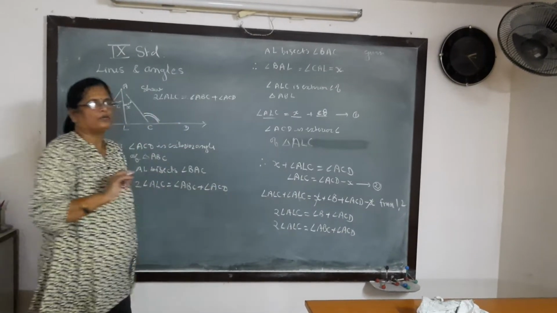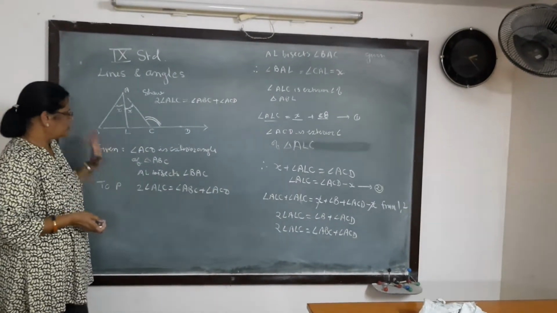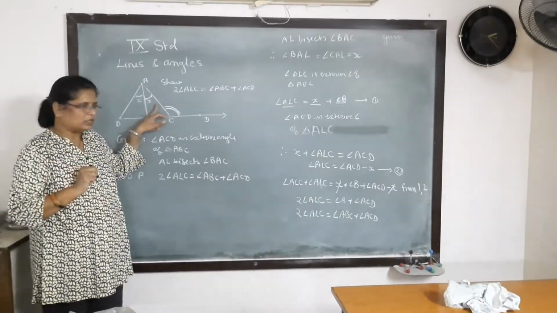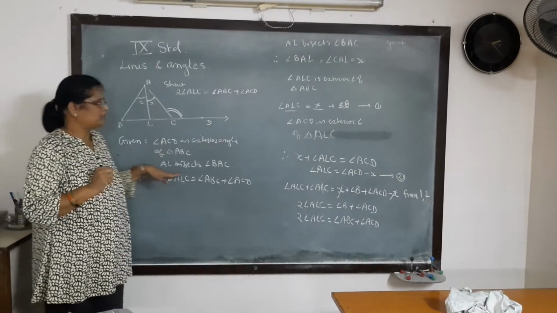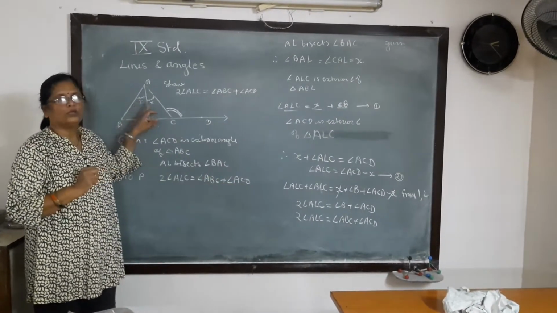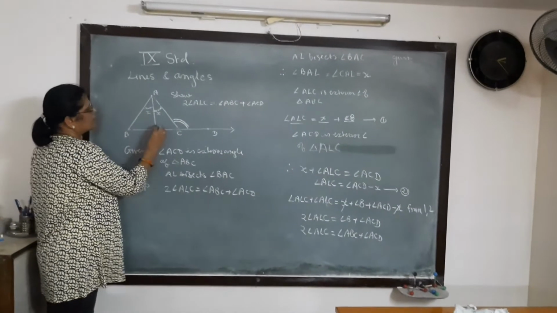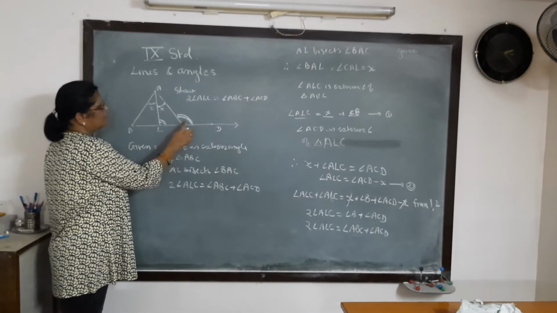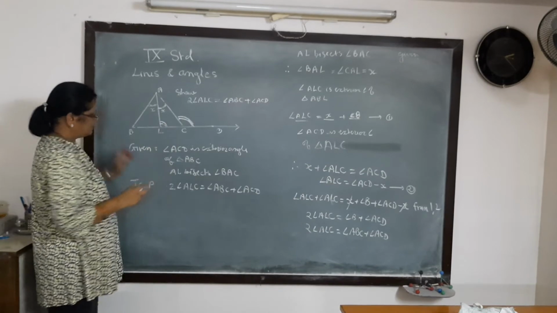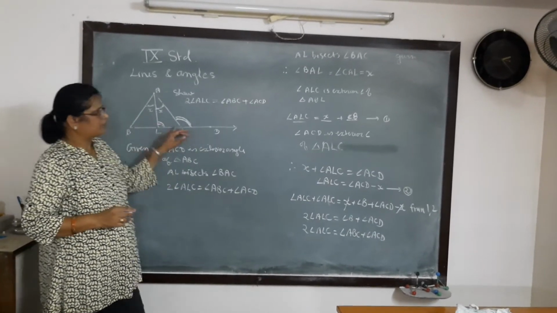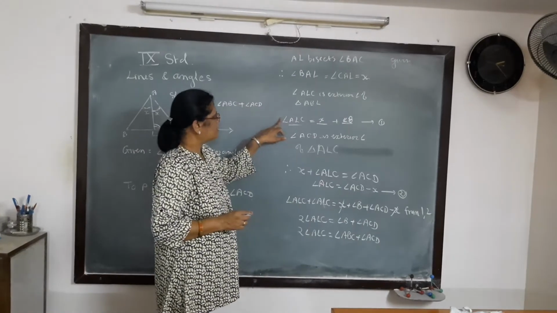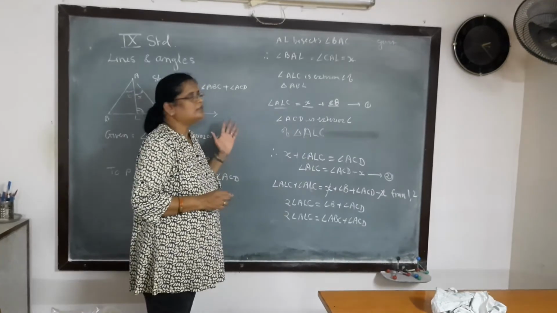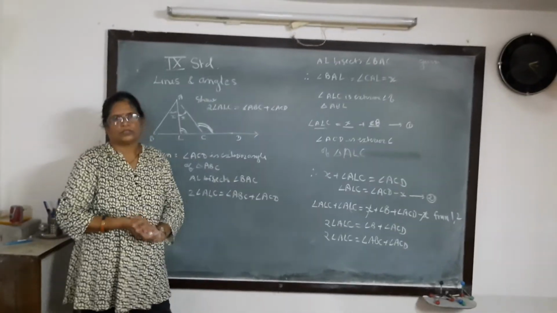So simply we are using the exterior angle theorem. How to proceed for the question? Whenever a bisector is given, generally x and x help us a lot. Also, since these angles are not seen in the question statement, it becomes easier to eliminate x. We are using the exterior angle theorem two times. Angle ALC is equal to x plus B, and the second time we take ACD is equal to x plus ALC. And since I have to add ALC two times, I convert both statements into ALC is equal to. Simple addition gives the result. This is the easiest way for solving this simple question. Thank you.